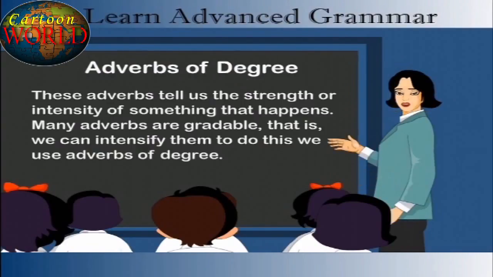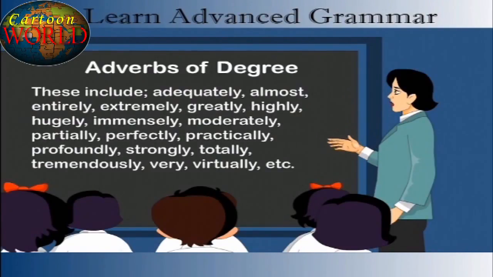Adverbs of degree. These adverbs tell us the strength or intensity of something that happens. Many adverbs are gradable. That is, we can intensify them. To do this, we use adverbs of degree. These include adequately, almost, entirely, extremely, greatly, highly, hugely, immensely, moderately, partially, perfectly, practically, profoundly, strongly, totally, tremendously, very, virtually,